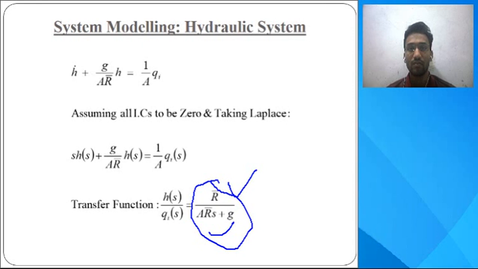When you simplify this equation in this form, you have to apply the basic transfer function. Whenever you apply the transfer function here, it gets converted into output upon input, and you get the system model. In this way you can convert a thermal system or hydraulic system into the mechatronic system. That's it for this lecture.